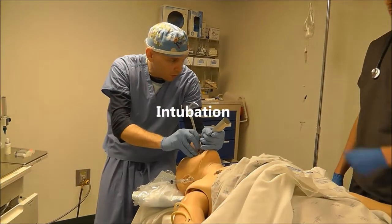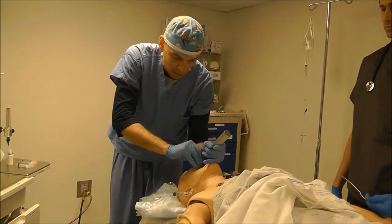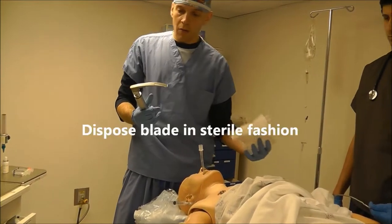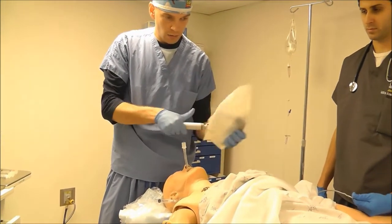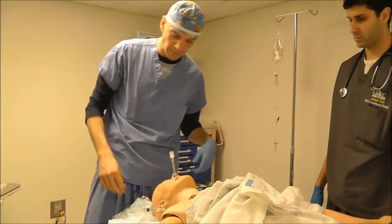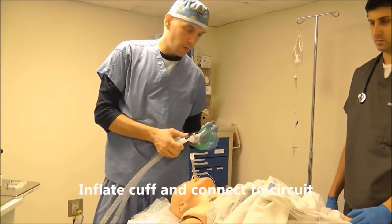Once you get to the vocal cords, go ahead and pull the stylet out. Have them pull the stylet out as you advance. Do not let them pull the endotracheal tube out. Then we're going to dispose of the blade in sterile fashion here. And then if we use the scissor technique when intubating, we'll go ahead and get rid of that right glove. We'll go ahead and inflate here, hook up our circuit,